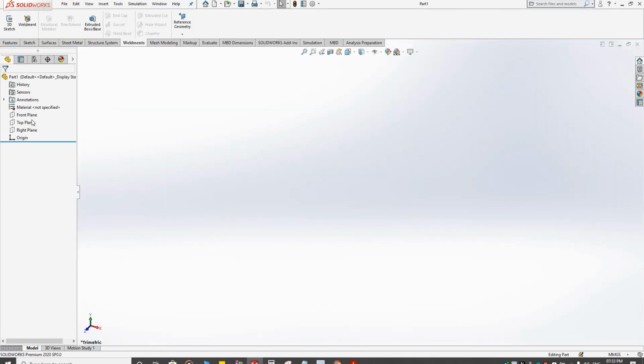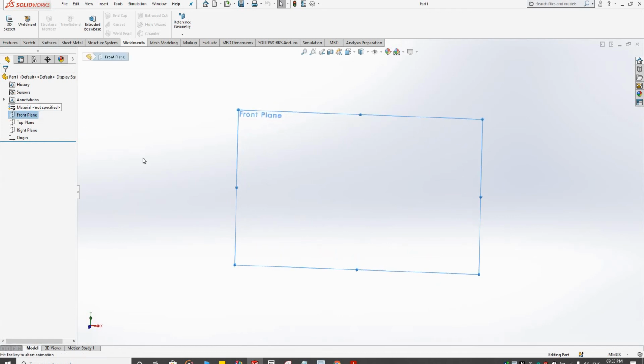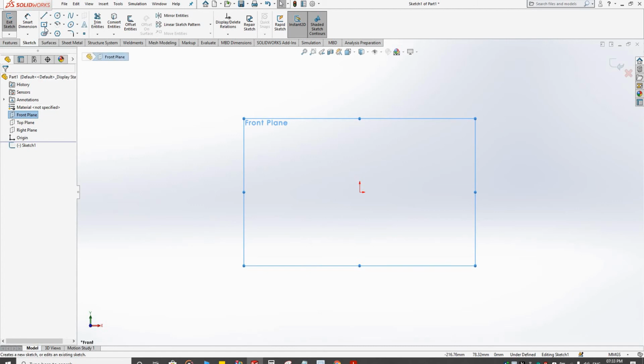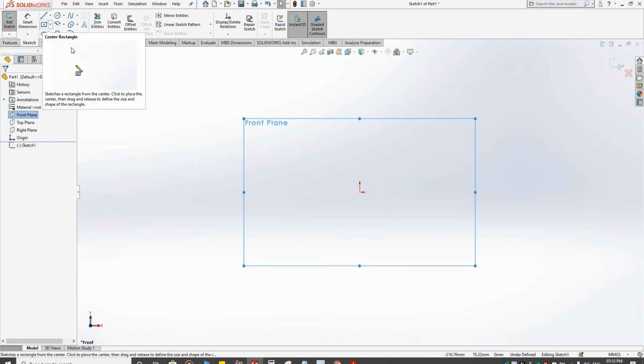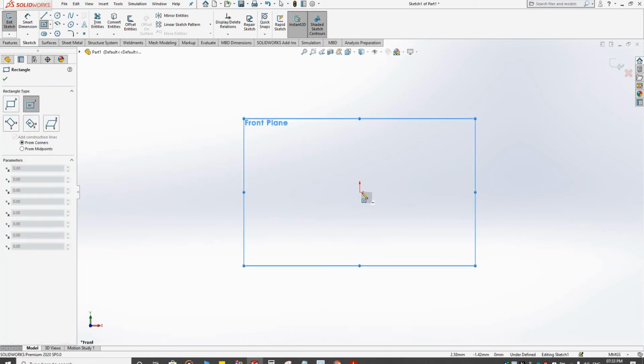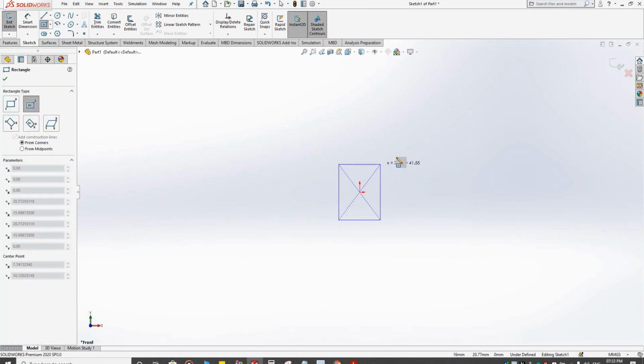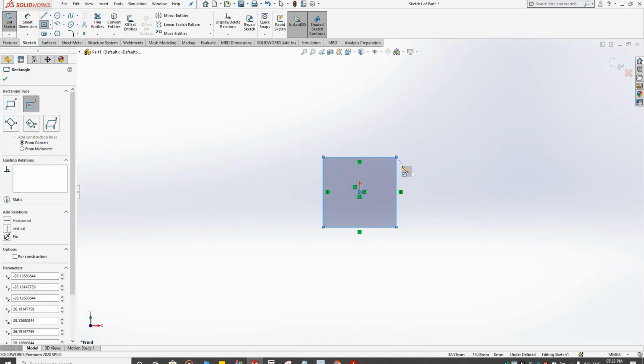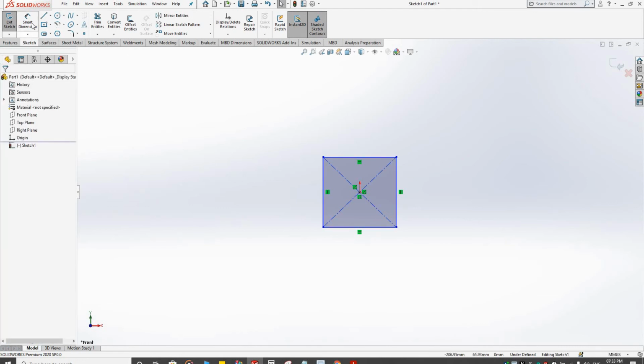Then click any plane. Then click sketch. Then draw your weldment profile. I draw one square.